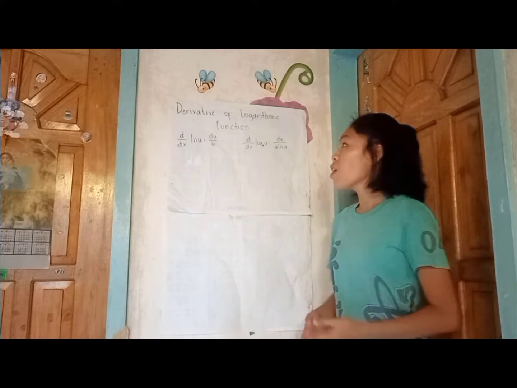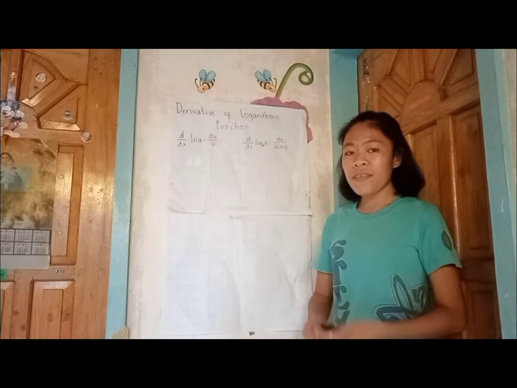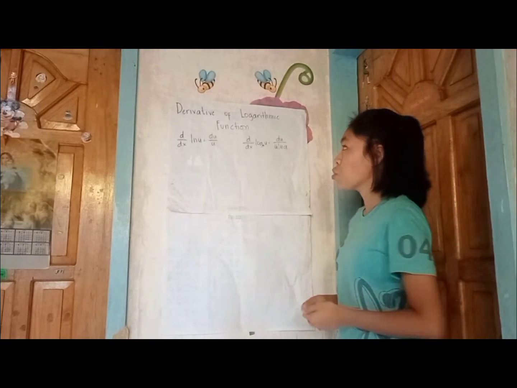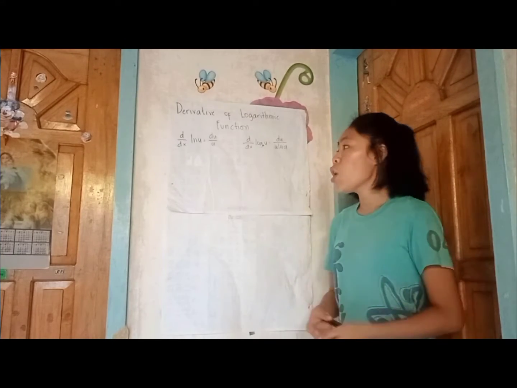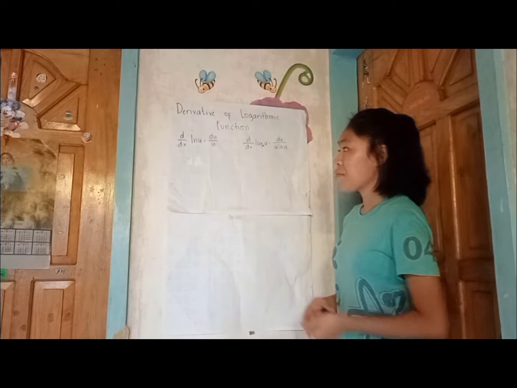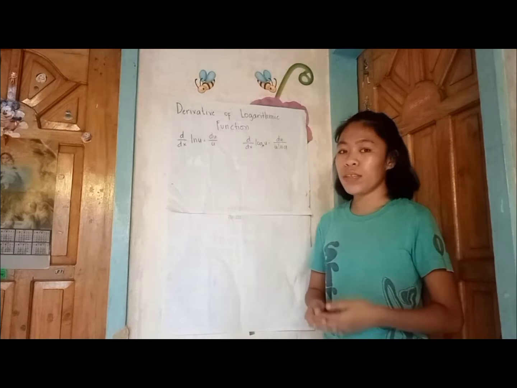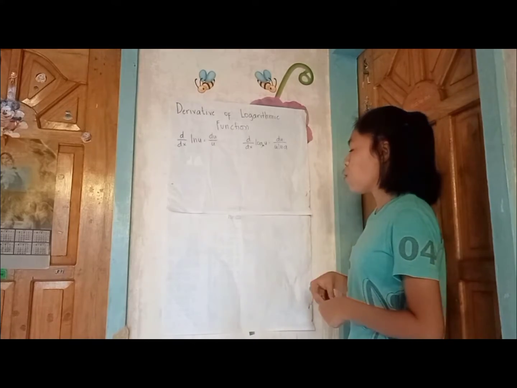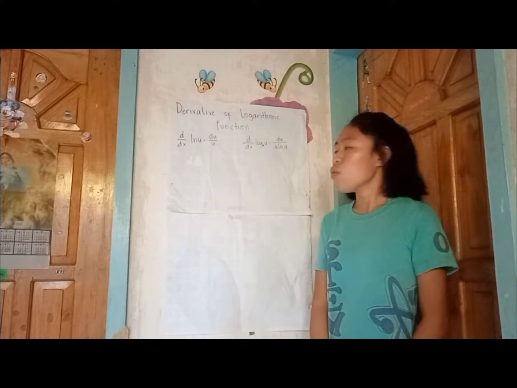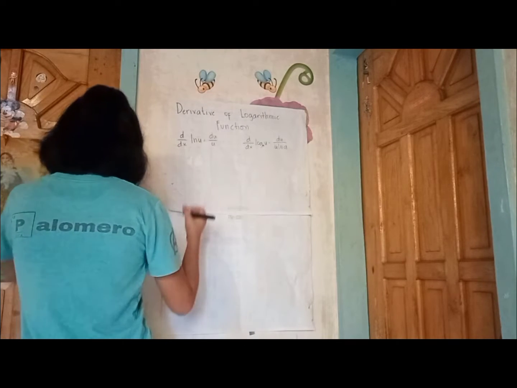Next is the derivative of logarithmic functions. But before we go to our example on how to solve the derivative of logarithmic functions, we must bear in mind that the derivative of ln u is equal to du over u, and the derivative of log u with the base a is equal to du over u ln a. And now, for our example,